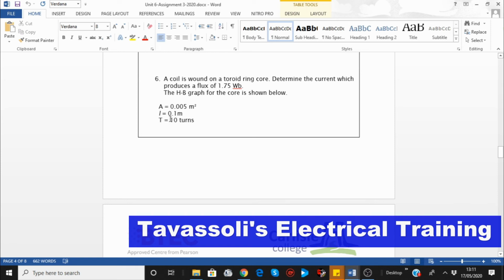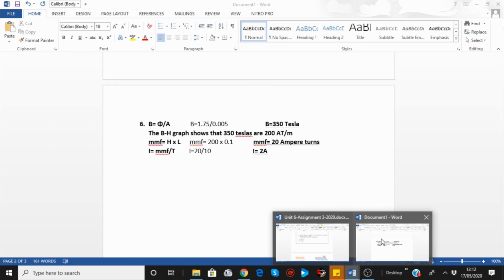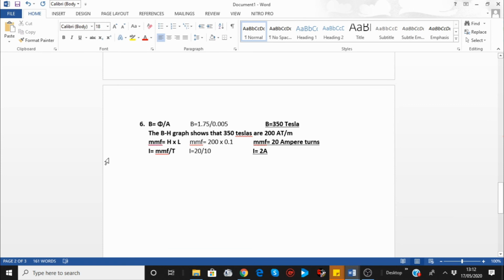L is 0.1 meter. Again, there is no conversion needed here. T, the number of turns, is 10 turns. We need to find, it says, determine the current which produces a flux of 1.75. So flux density B is phi over A. We've been given the flux 1.75, and we've been given the area, so we can find the flux density B,